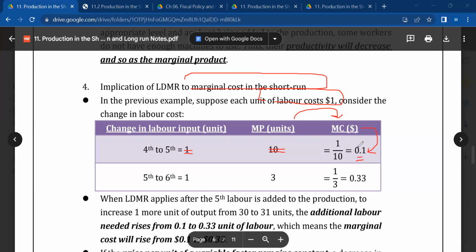So another example: when we employ another labor, from the 5th to the 6th labor, now we have one more labor. The marginal product is 3. That means he can produce 3 units. How much is the total cost for these 3 units? $1. One labor costs $1. So now we need to find the marginal cost for each unit. We use $1 divided by 3 units of products. So we can get the answer of